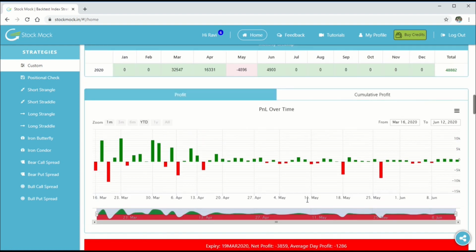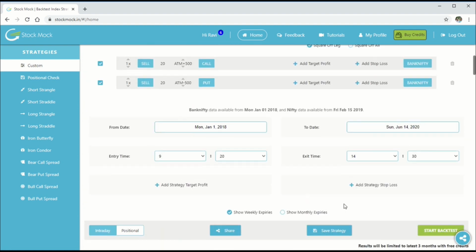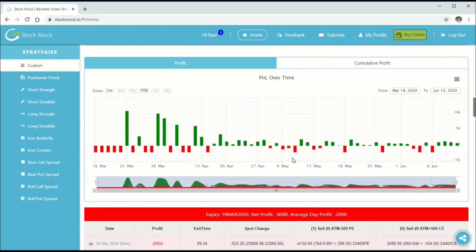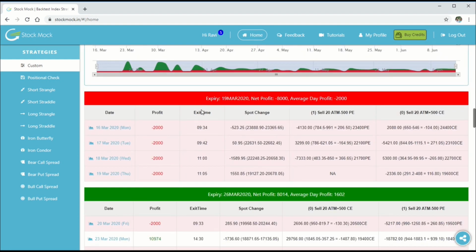Now, let me add a simple stop loss condition here. Let's backtest with this. As you can see, now an exit time column is added.